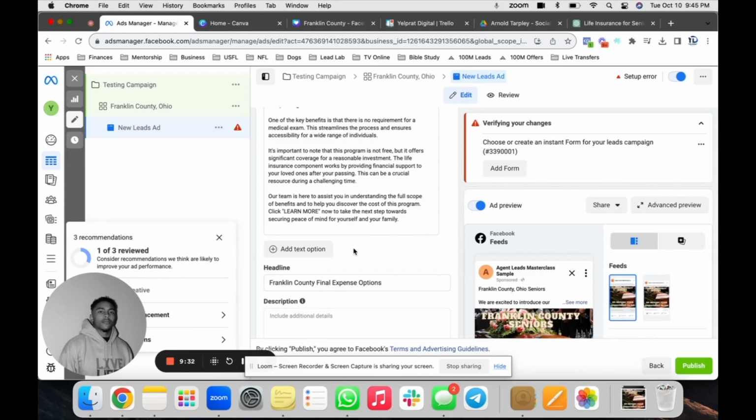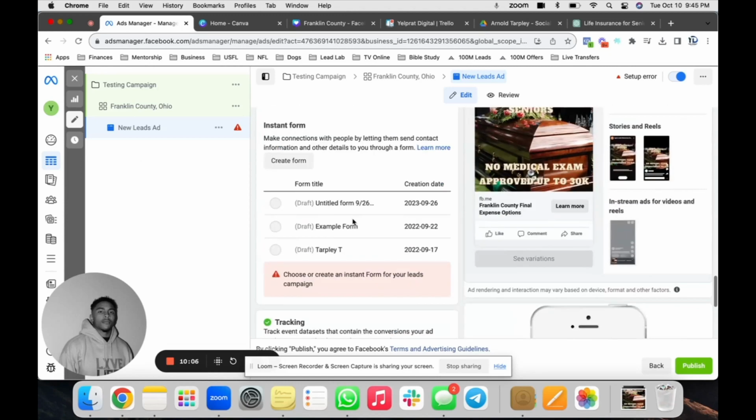I would try to essentially lock out all the areas around me. So if you all ever ran mailers, you know what that means, a certain area where they bill you. I would do multiple ad sets with this specific area. So let's say you had Franklin County, and Cahokia County, and Kent County, and all these other counties, right? I would do multiple ad sets inside of one campaign. So if I did Ohio, I'd have all those areas. And that's how I would flesh it out and have a bunch of different counties and just get leads and then hop around. Asking honestly is the least amount of questions.